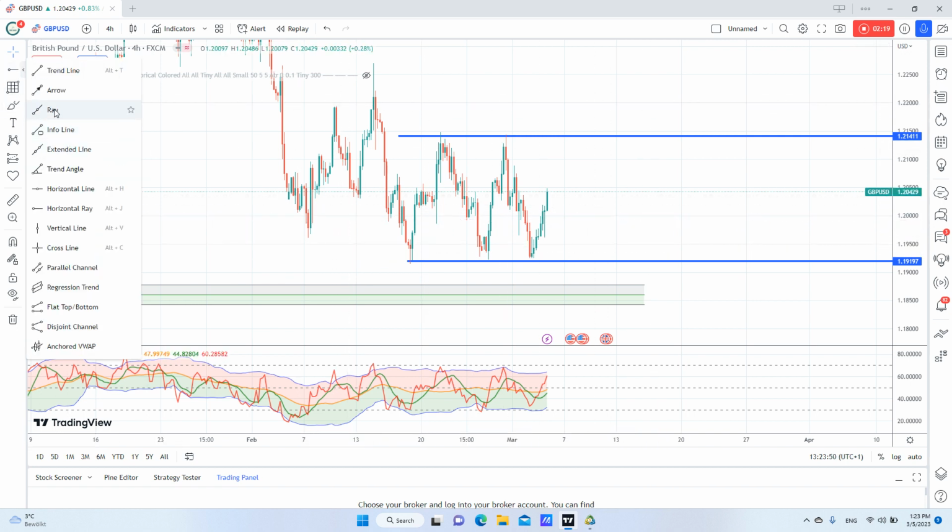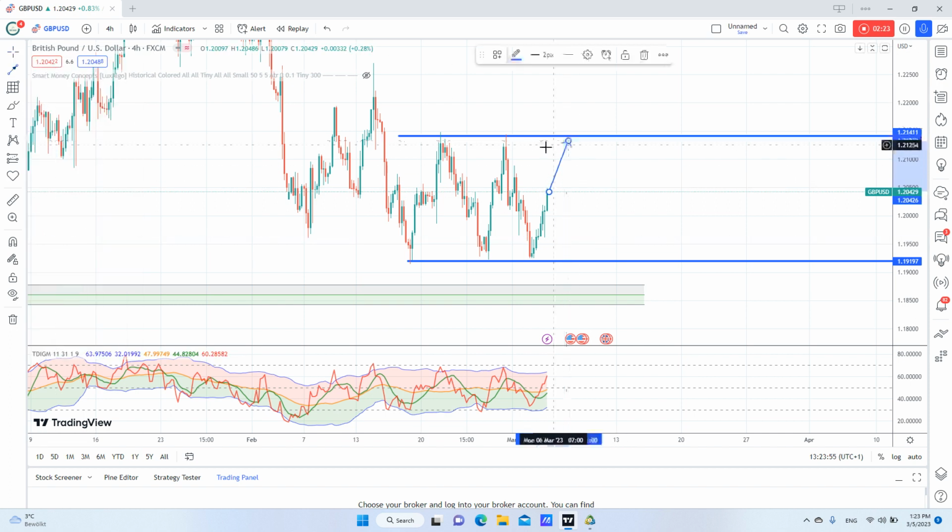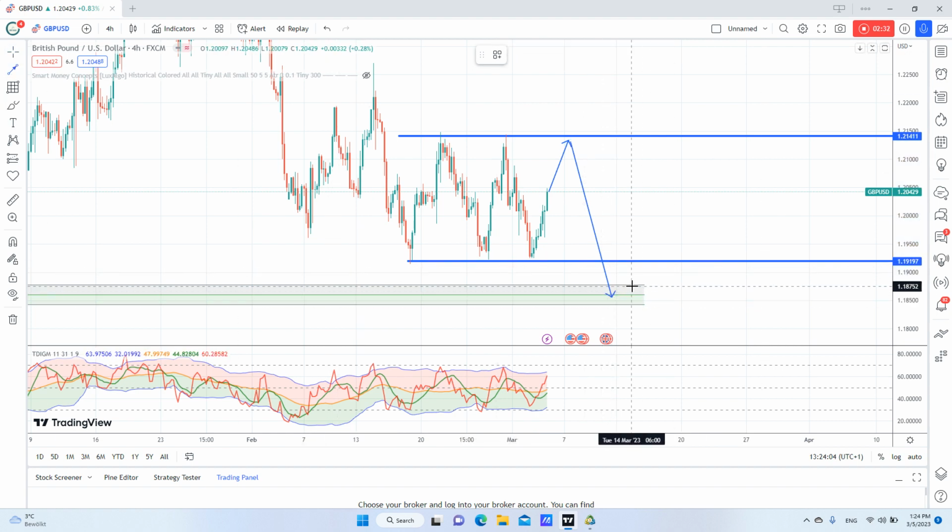we will look for something like this. Maybe goes here. This is the buy scenario, and we will wait to come back and take these lows and do like a spring. And then if it reacts from here and goes up, it should give you a test here where you can enter the market and put your stop loss underneath this, and then we will expect it to go up,